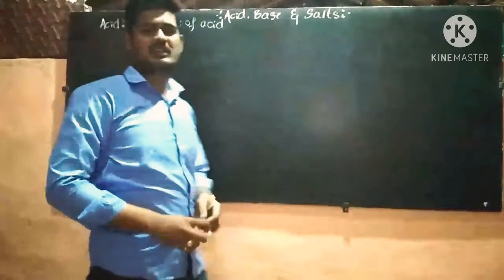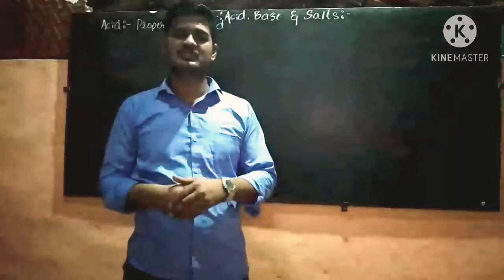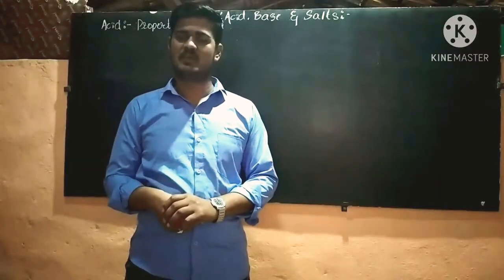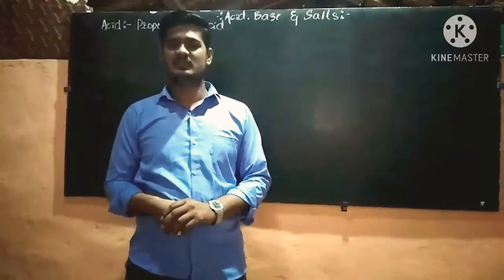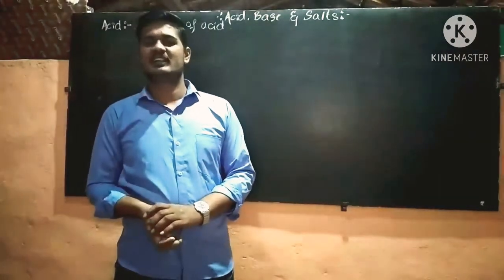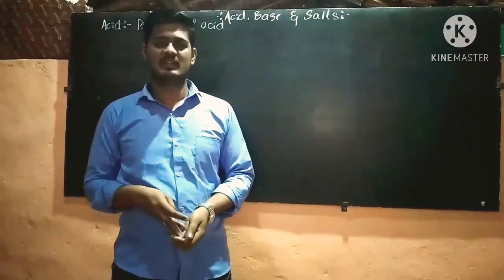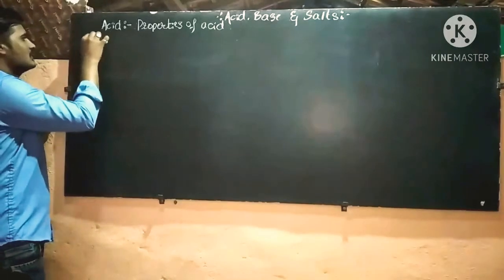so some properties of acids are, the acid is going to produce H plus ions in water, and acid can turn blue litmus paper into red, and acid is sour in taste, and acid can corrode the metal very easily. So the properties are, the first one,